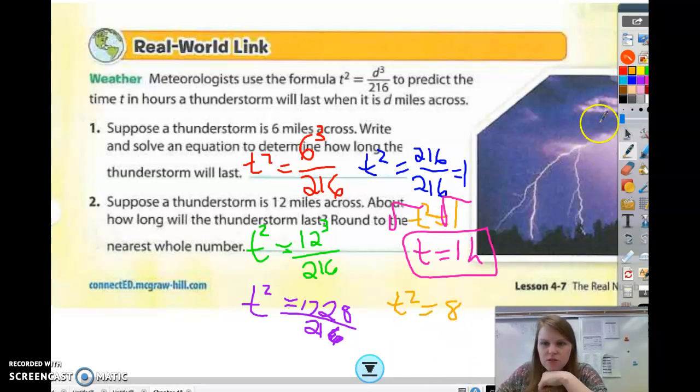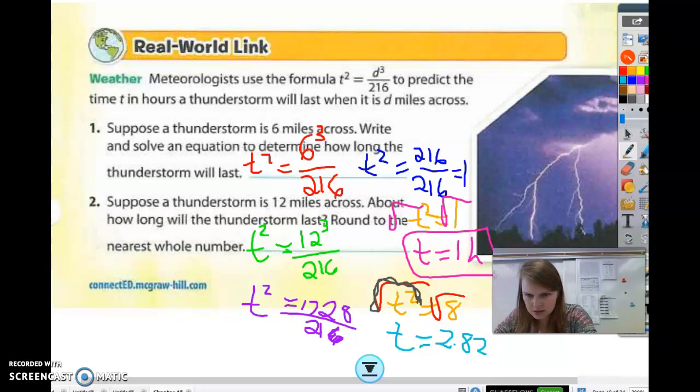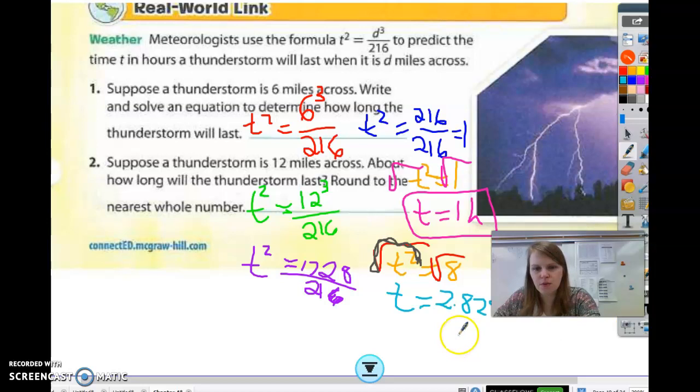So now we need to undo the square. So to undo the square here, let's do square root of this side, square root of this side. When we do that, we've just canceled out the square and the square root. Those cancel each other out. So then we end up with t equals, what is the square root? Square root of 8 is 2.828 stuff. But it said round to the nearest whole number, right? So I suppose we could say t equals about 3